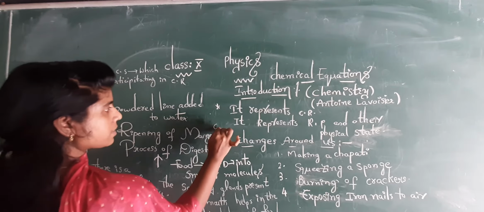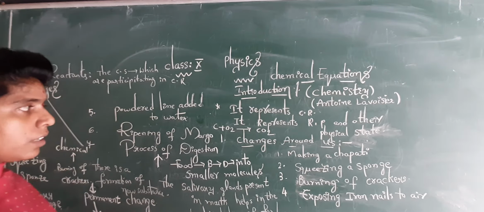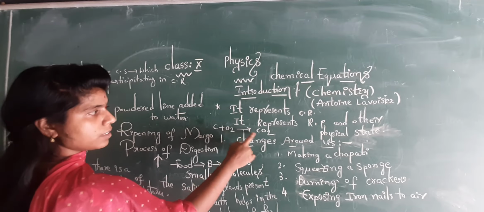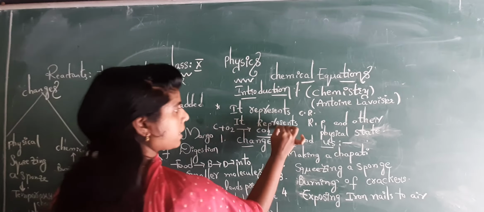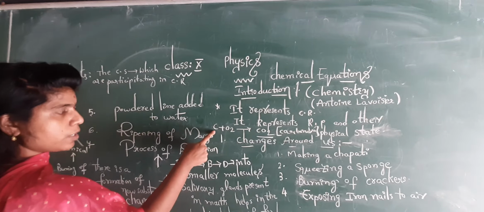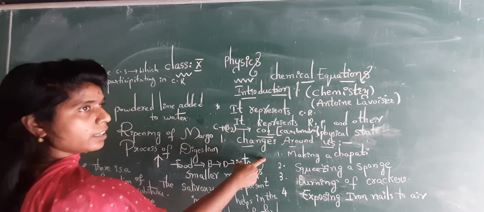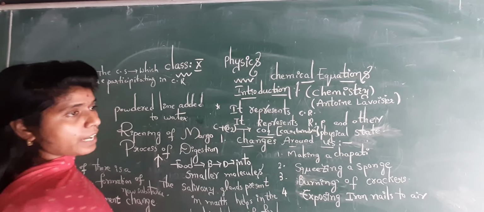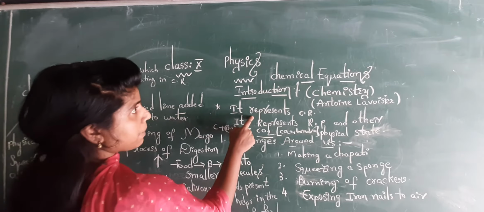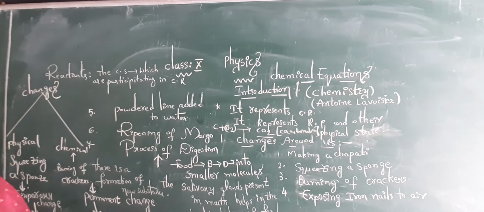For example, C plus O2 gives rise to CO2. That is, two different elements combining together to give rise to a new product, carbon dioxide. One element is carbon, one more element is oxygen. As we combine these, we get a new product. Such kinds of substances are said to be what? Chemical substances. And chemical equations represent reactants, products and physical states.